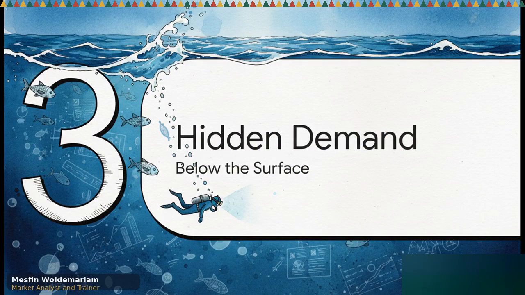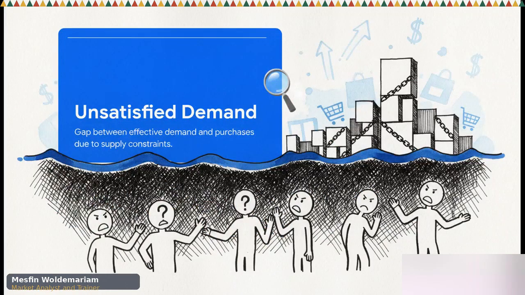Which brings us to the fun part, Section 3, below the surface, hidden demand. This right here, this is the exact moment where standard metrics completely go blind, and honestly, it's where the best analysts make their money. Right below the waterline,